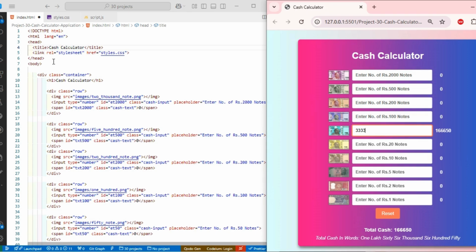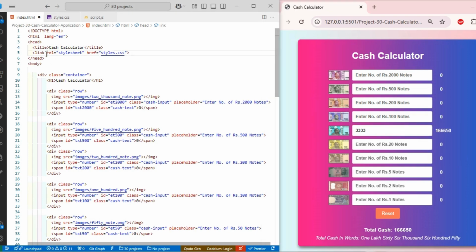Then after that, take one link tag with rel of stylesheet. I am writing href equals to style.css, which I am saving in a folder as an external page. Then close the head tag, and take one body tag, and inside take one container. Inside of the container class,